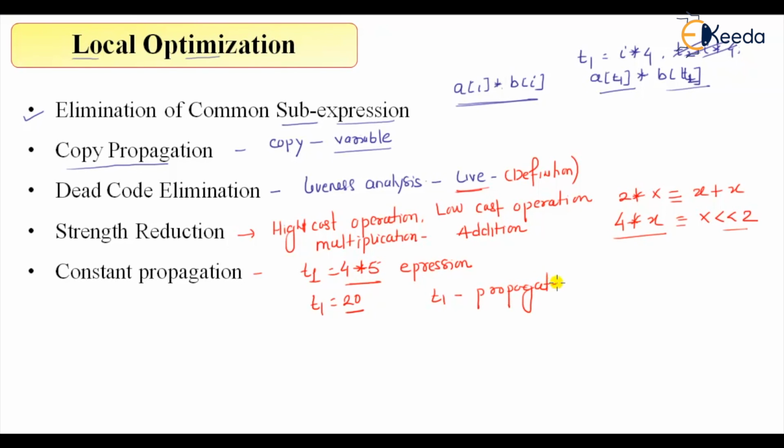I will not say that I have entirely explained this local category of optimization. I haven't given you any example, but these are the different categories. I have just introduced them at an introductory level, so we can say this is a small amount of introduction. Now we'll see each one in detail, what exactly these optimization techniques are. So that's all for this session, and in the next section we'll see all these different categories of optimization. Thank you.